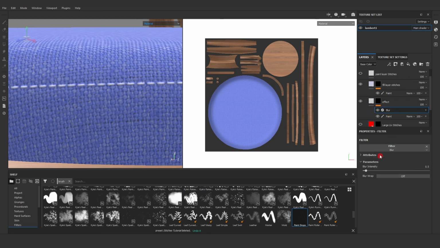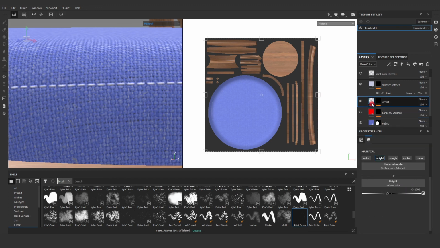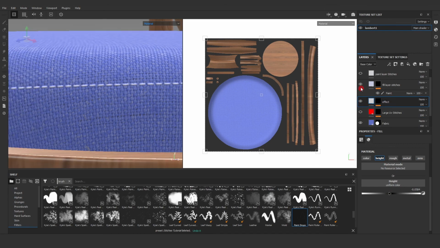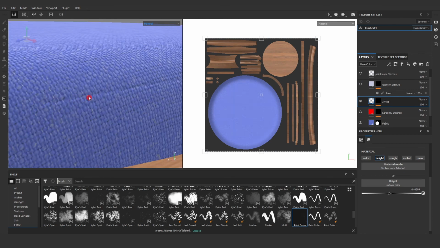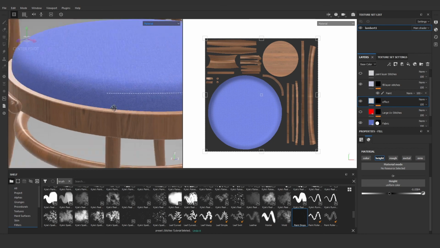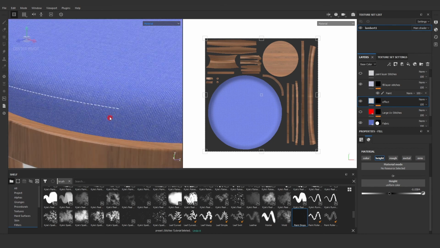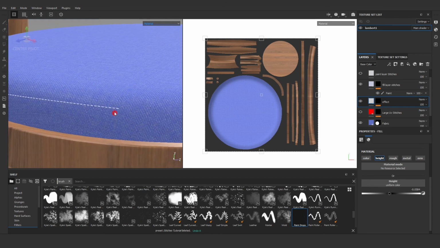You need to change the blur value, it is too high, that's why it is not shown. This kind of bump type you will get after completing the stitches. It will create some additional effect while completing throughout the model. This is all about how to create stitches in Substance Painter. Thank you.